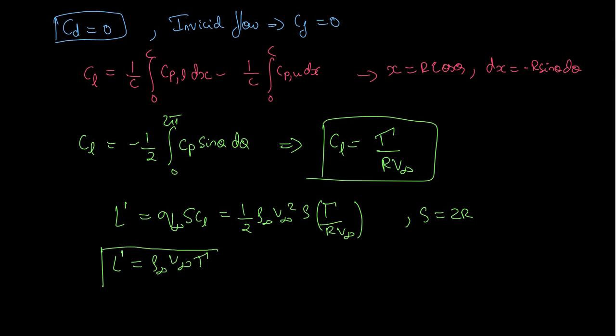This is a very important, historical result that we have got to relate the circulation with the lift. So if we know the circulation around any object, this not only applies to a cylinder, this applies to any kind of object, we can directly calculate its lift by this very simple expression, and this is called the Kutta-Joukowski theorem. This is a very important result.